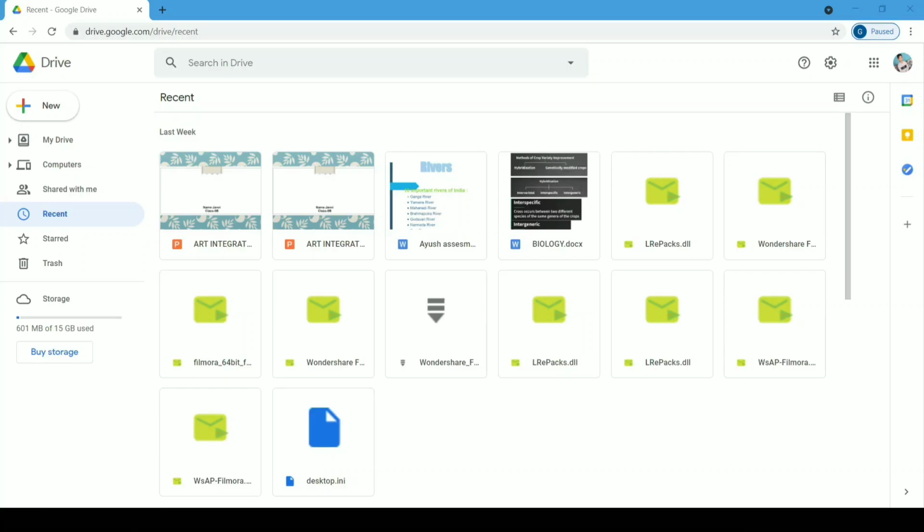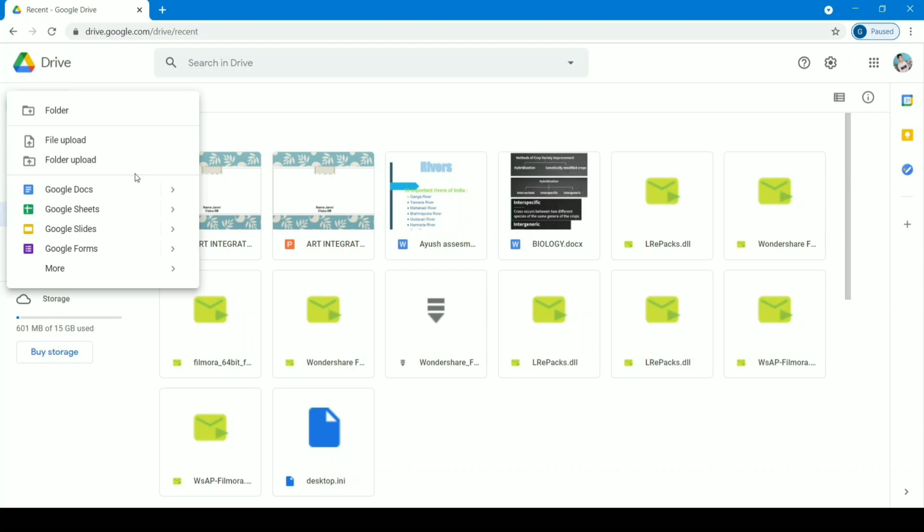So for converting a file or folder into a link, here I am going to use an app which is Google Drive. In this app you need to first log in and then only you will be able to use this. So the first step to convert a file or folder into a link is to click on the new button. After clicking on this, the website will ask you whether you want to upload a file or a folder. So you need to click on one of them.